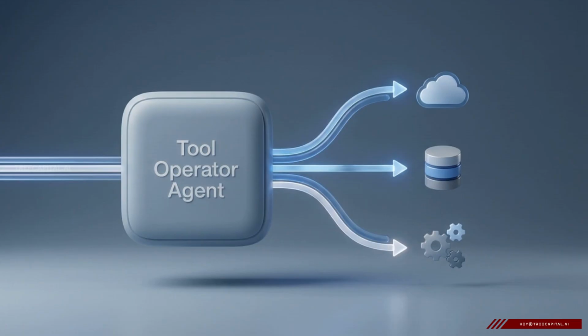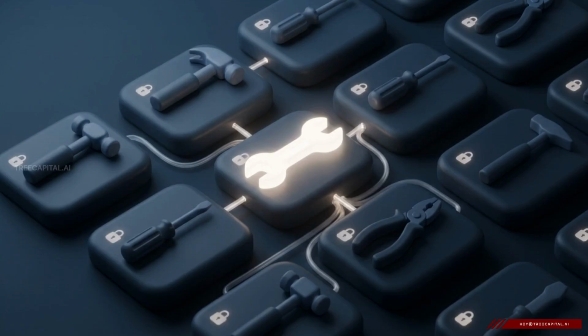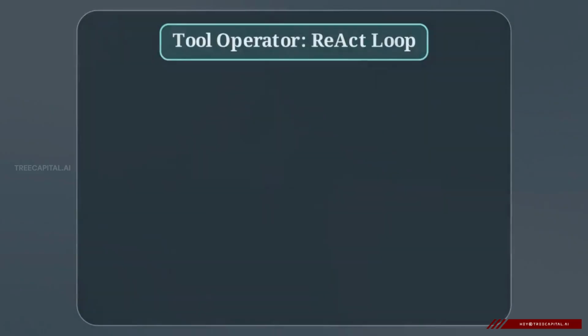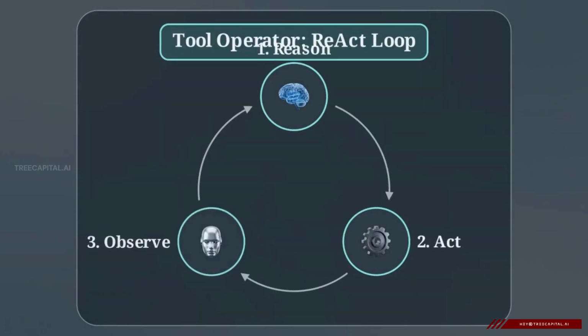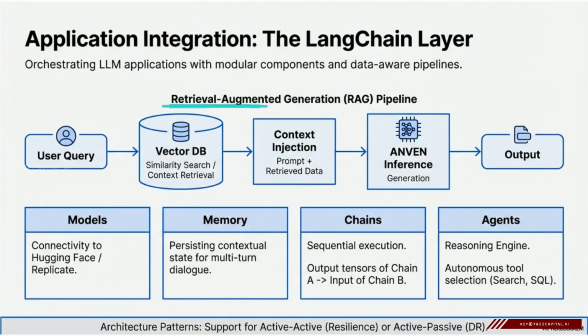Once a task is delegated, it lands with a tool operator agent. This digital worker is strictly constrained to a narrow set of permissions and is only allowed to access the specific tools required for its assigned step. These operators follow a structured execution loop known as the ReAct pattern. The agent reasons through its specific directive, takes an action using its assigned tool, and observes the result before taking the next step. This flowchart tracks the retrieval augmented generation pipeline.